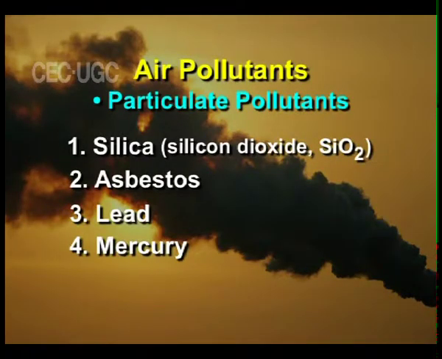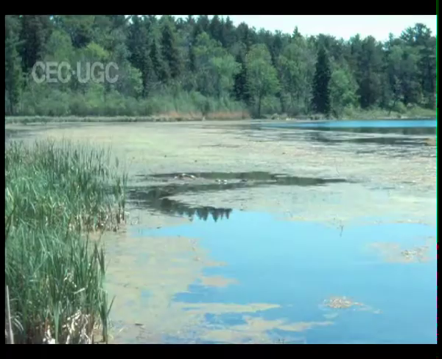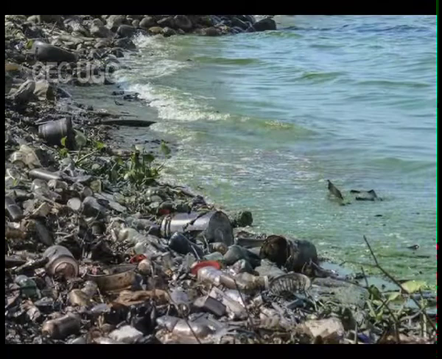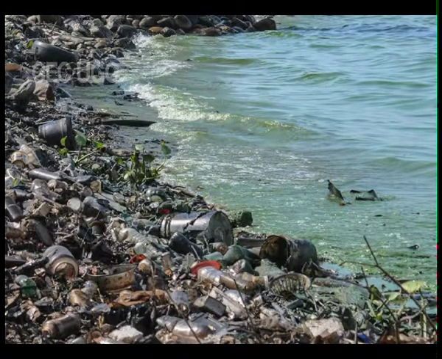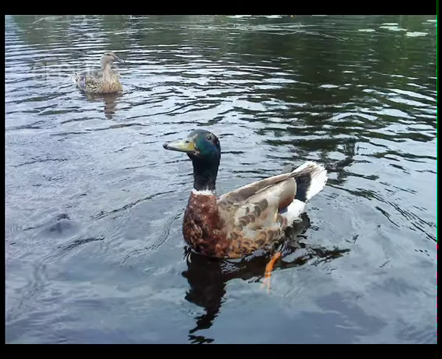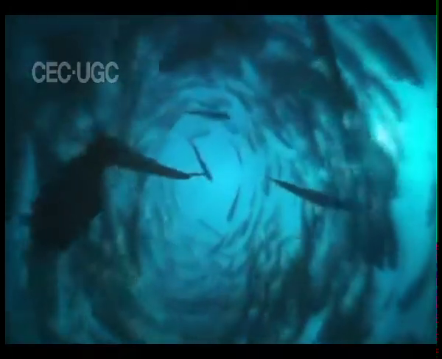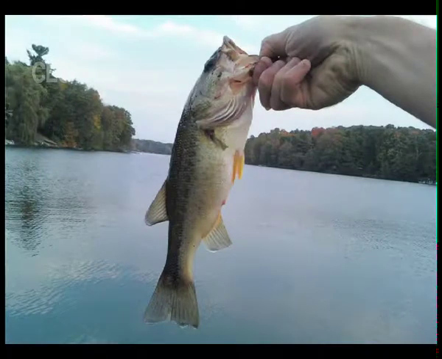Then we have mercury. Reactive inorganic mercury is emitted into the atmosphere from various sources and then deposited on the Earth's surface. Some of the deposited mercury ends up in wetlands, lakes and streams where bacteria convert it into methyl mercury, a toxic form that builds up in the tissues of animals at each link in the food chain. In some cases, mercury accumulates in fish to levels that would be toxic if eaten by humans over a prolonged period of time.